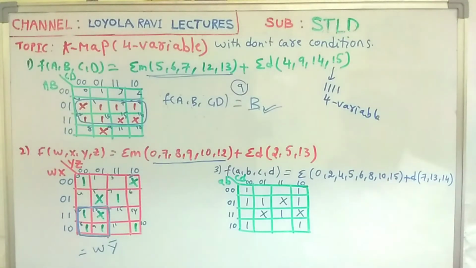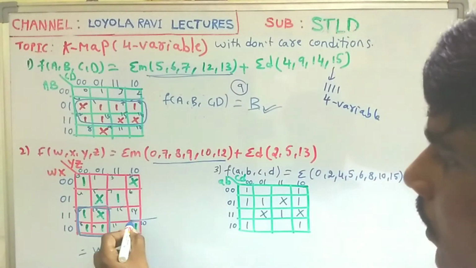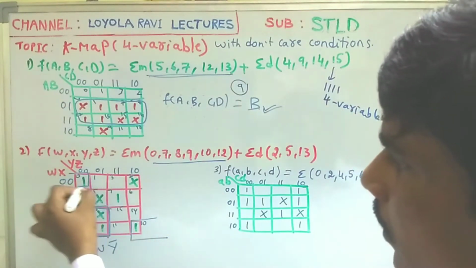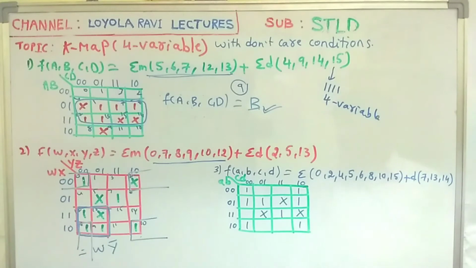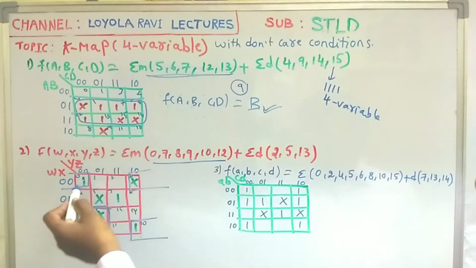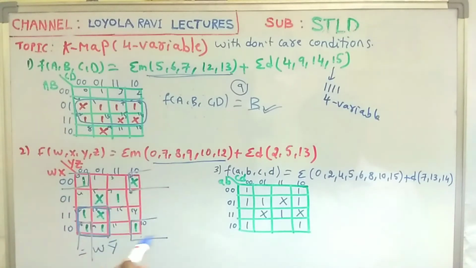Then what are the min terms left? This one, second one, third one. Three ones are there again. What we have to check? Again, is there any formation of a quad by covering the maximum ones? Here I am checking one possibility. These are corner ones. All corner ones we are going to take. If I take this don't care as one, we have 4 corners, and in those 4 corners we have ones. That is also forming one quad. That's why I am taking that.